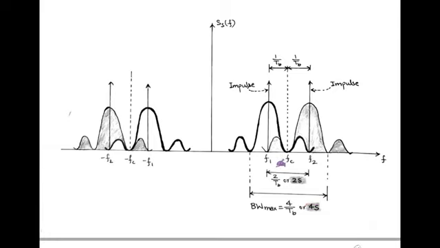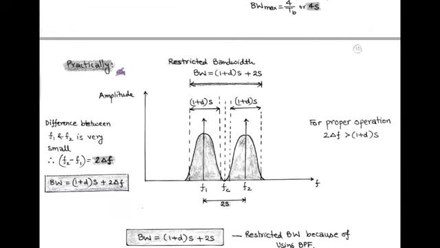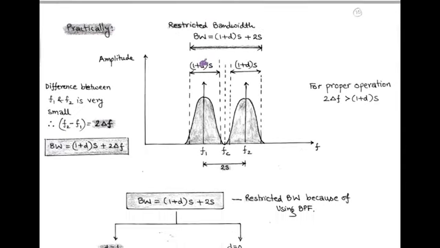Also, the difference between the two frequencies, that is f2 minus f1, is equal to 2 upon Tb or 2S. Here the carrier frequency is situated at the middle of this difference, f2 minus f1, such that f2 and f1 are deviated with respect to the carrier frequency and make an orthonormal system. But practically the bandwidth of FSK is restricted or reduced because of using a bandpass filter and some modulation process.